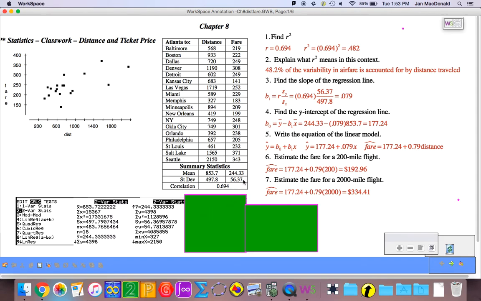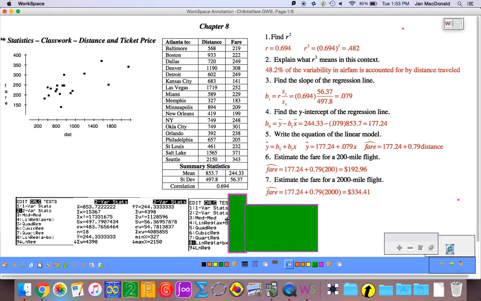Okay, I want you to go back to that Stat Calculate menu. And this time I want you to arrow down to linear regression. Now, truthfully, it doesn't matter which one you pick. This traditionally is the algebraic way you see linear regression, y equals mx plus b. And this traditionally is the way we would write it in statistics, b0 plus b1x. They're both going to give you the same equation. So if you hit Enter,